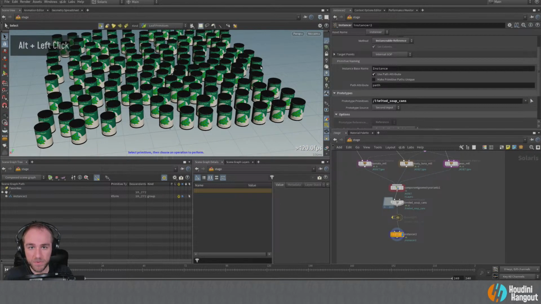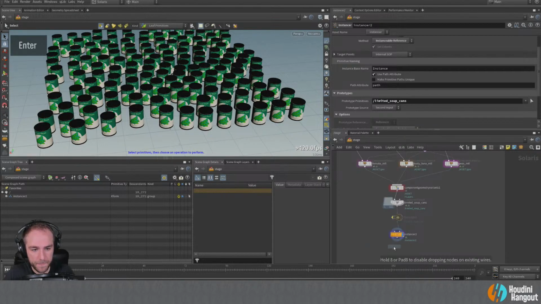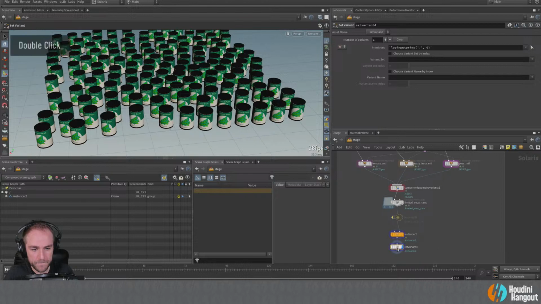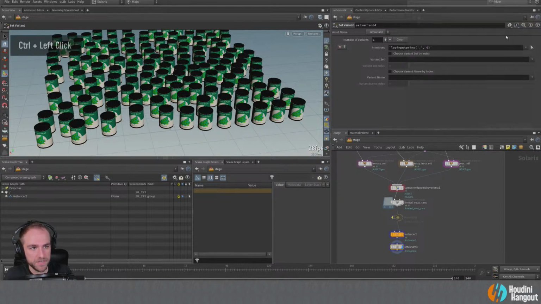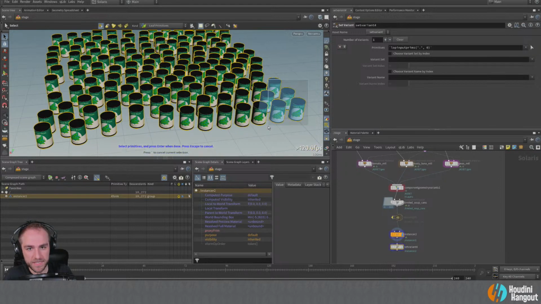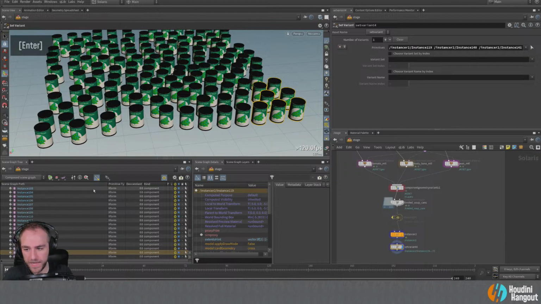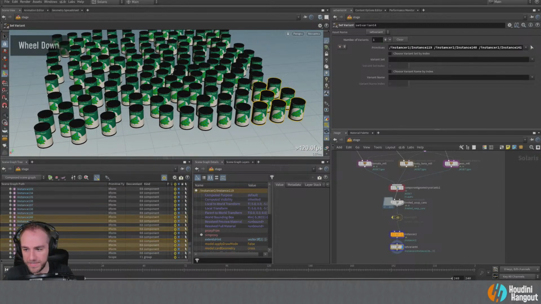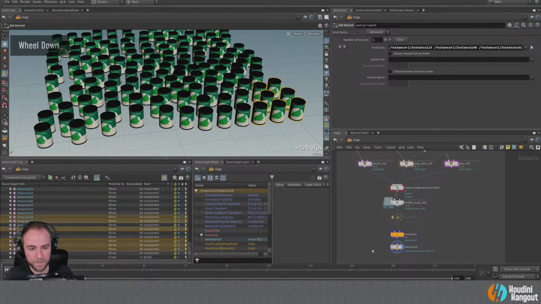But because there's variance, what we can do is we could do a set variant at the end of it. And we can select some primitives. So I'll just select those in the viewport. So I'll just select it like this. Just draw it over like so, and then hit enter. And there we go. We've got our instances selected. So we've got a few instances selected in this viewport here. You can see each of these cans are getting their own instance, right?